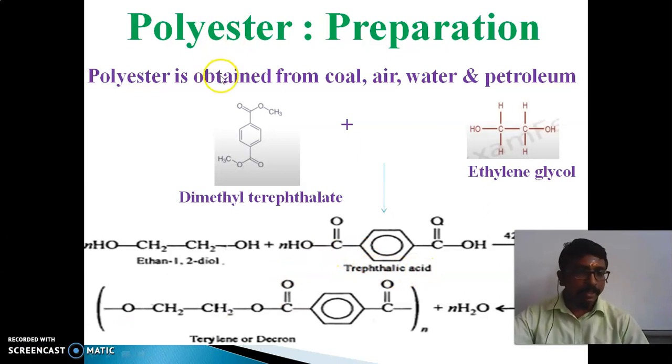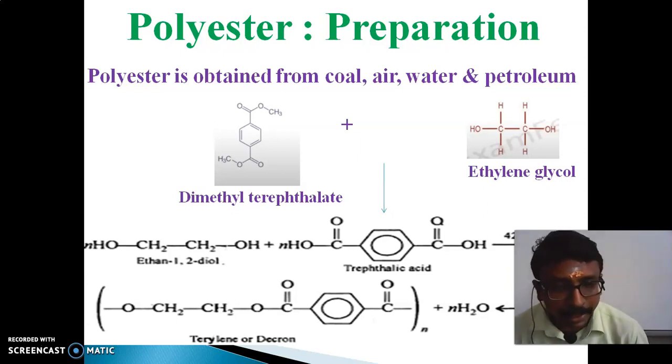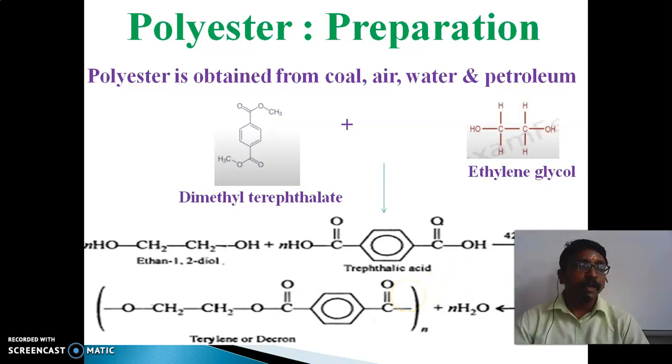Terephthalic acid means, in the benzene ring, at the 2 terminal positions, it has carboxylic acid. In nylon 6,6 what starting material did we need, children? That is adipic acid. Adipic acid means CH2, 4, and both terminals have carboxylic acid. Terephthalic acid means the benzene ring is there, and at the 2 terminals it has carboxylic acid. So here also we have to do the condensation polymerization.